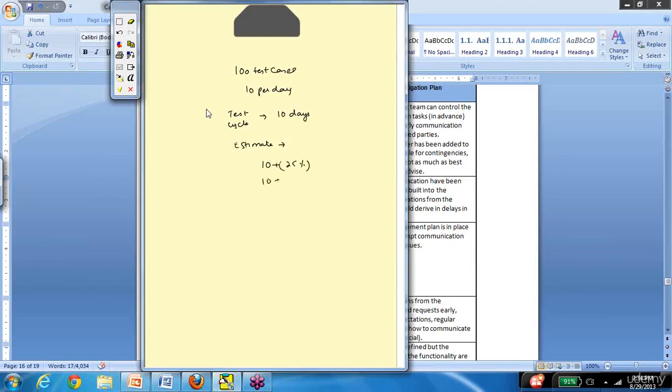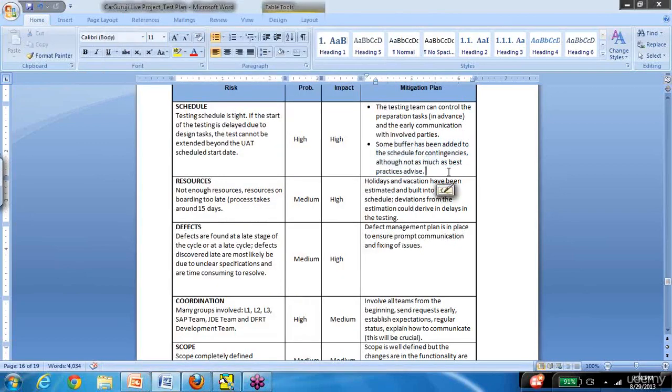So that means 10 plus approximately 2.5 or 3 days. Why am I doing this? In case there are any delays, I'll be able to absorb the risk to the schedule. I can mitigate it by making sure I add this buffer into my estimation itself. So that is what this is talking about. Some buffer should be added to the schedule for contingencies.